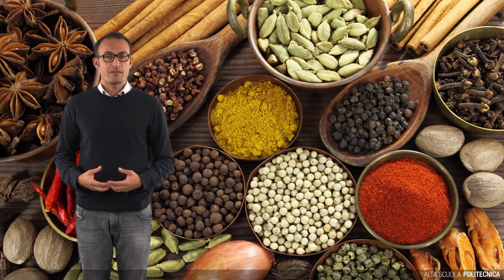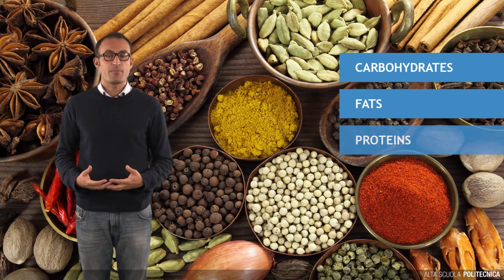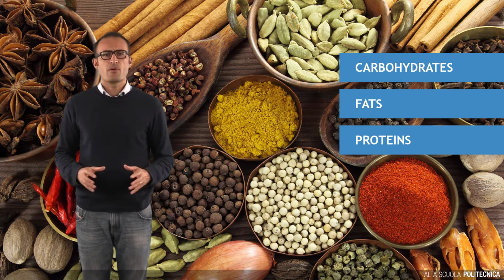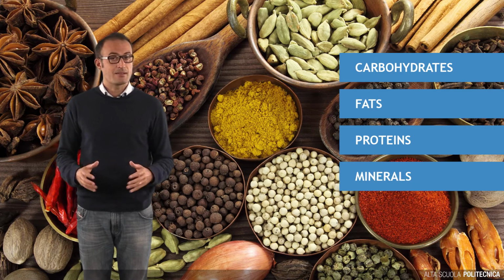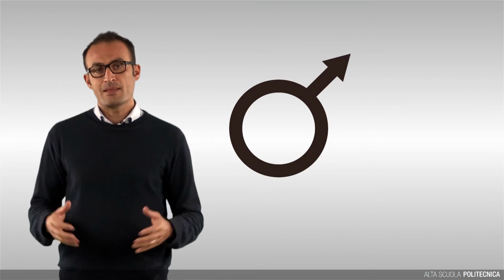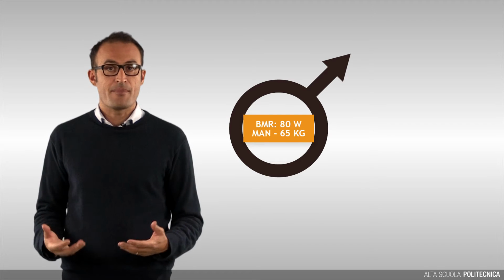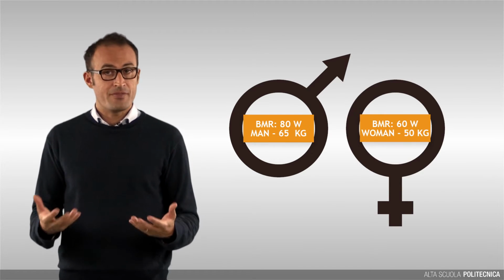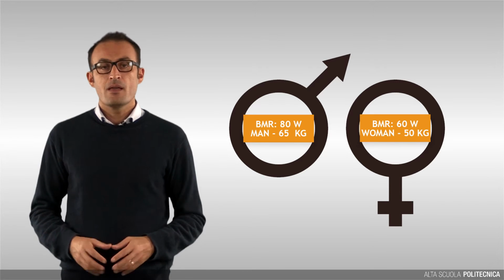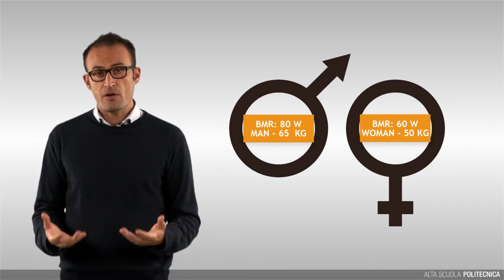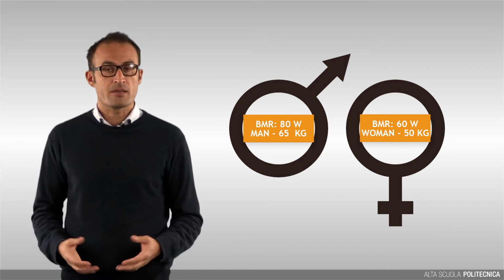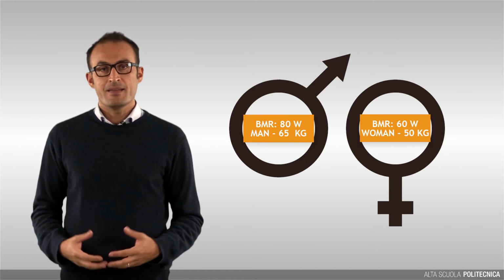The main macronutrients are carbohydrates, fats, and proteins. There are also important micronutrients such as minerals and vitamins. The basal metabolic rate is about 80 watt for a 65 kg man and 60 watt for a 50 kg woman. In order to carry out our normal daily activities such as walking or talking and thinking, it is necessary